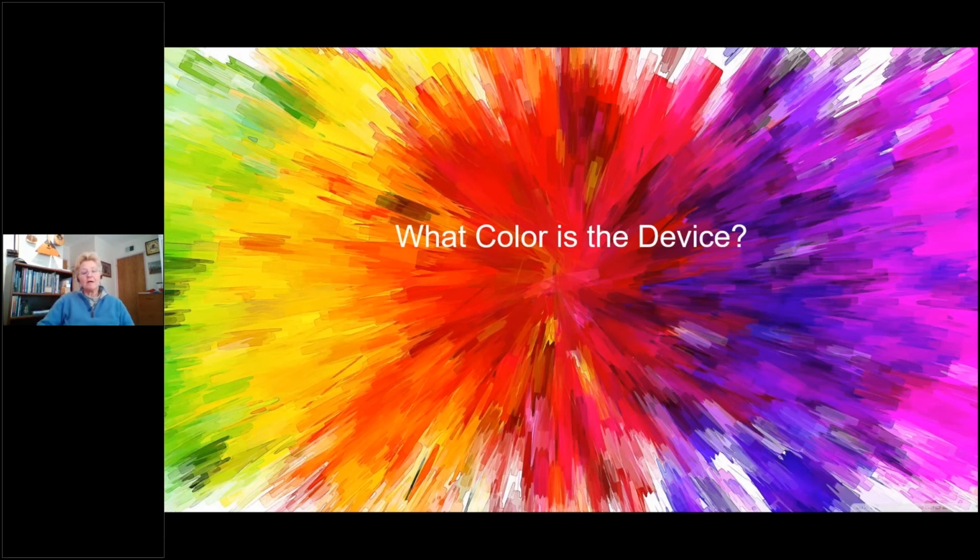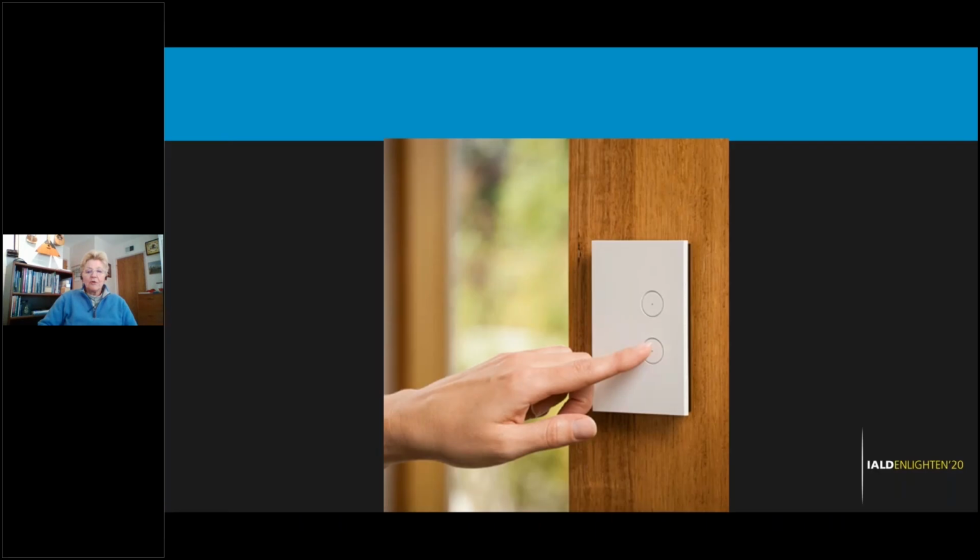The other element is what color is the device. I have found that everything is white unless it's not. So sometimes we don't want white devices on black walls. Here's a situation where somebody specifically chose to put a white device on a wood wall. I personally probably wouldn't consider wanting to do that from an aesthetic standpoint. I'd probably want it to be black maybe, or it could be brown.